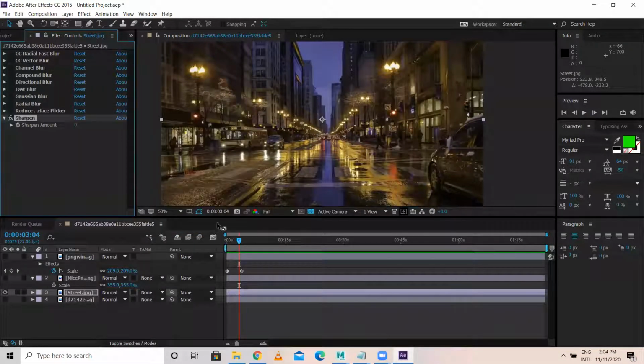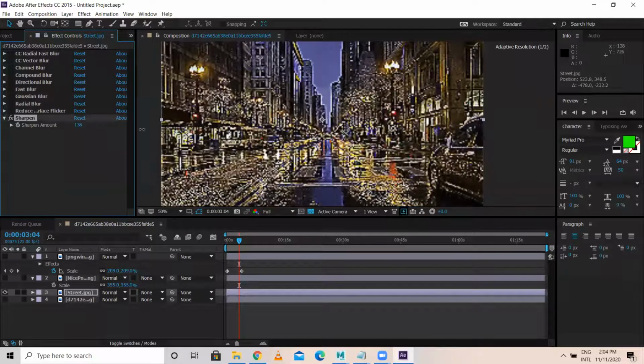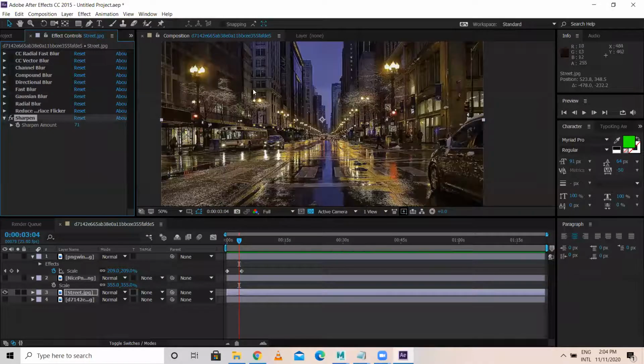Then sharpen. Sharpen is nothing but, if a blurred image is there, it will automatically sharpen. Now it's too much, right? Each and every area here you can notice is too sharp. Normally this kind of blur is there by default when the image is captured. When we give sharpen, this is too much, this should not be there. At least this much is fine, it's clear and crisp.